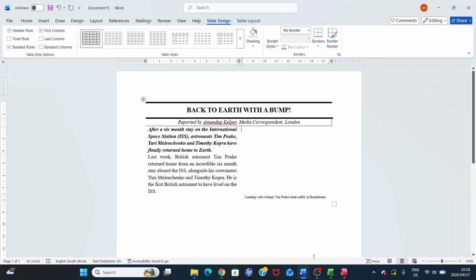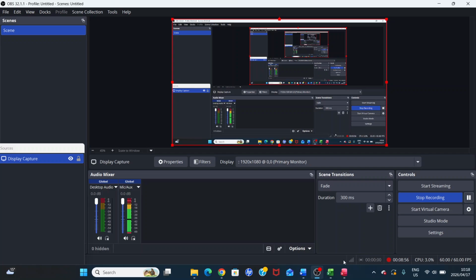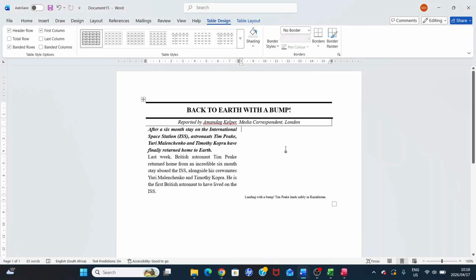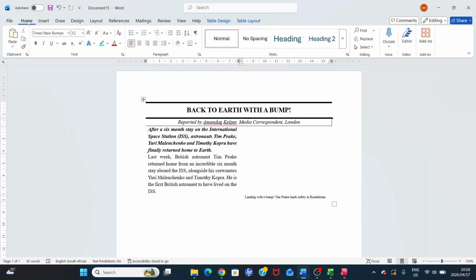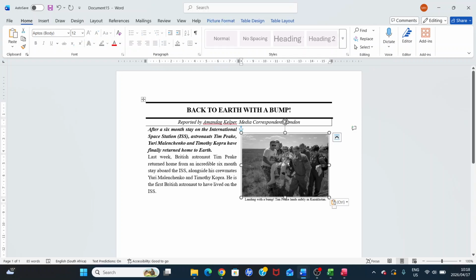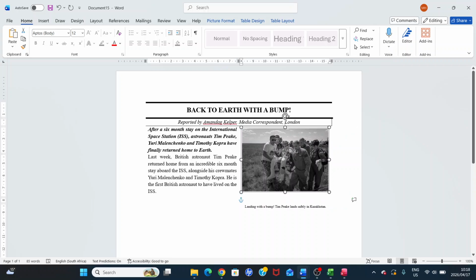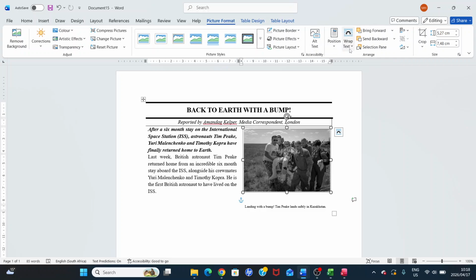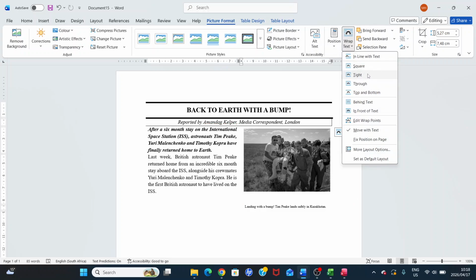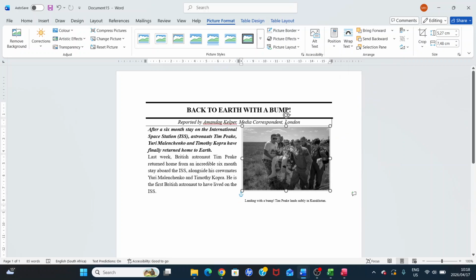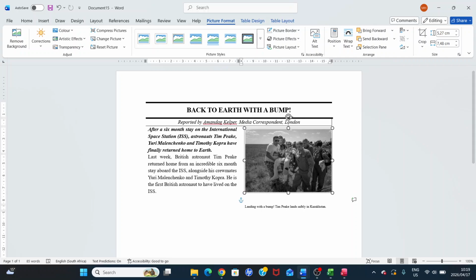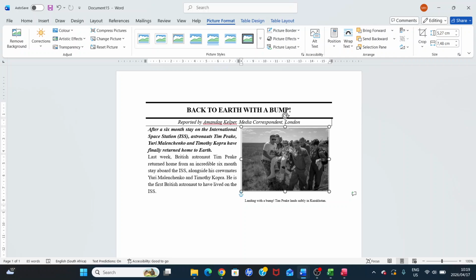Okay, I'm just going to get it quickly. I'm taking this image from another table that I designed, but you can go to the internet and find your picture there. I'm clicking on paste. When we want to move this picture around, we just need to make sure that we click on picture format. And then here in wrap text, we have to say tight in order to be able to move this the way we want to move it. Then you can see it goes up, down, all around, things like that.